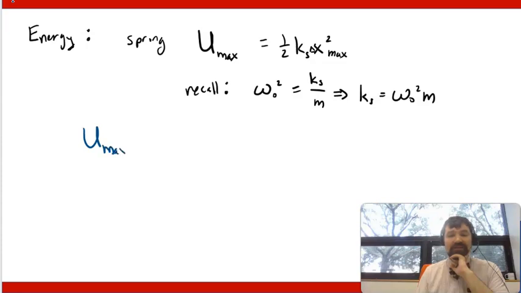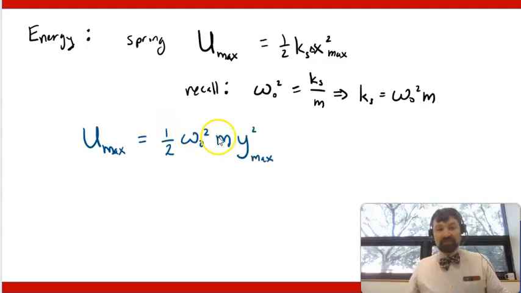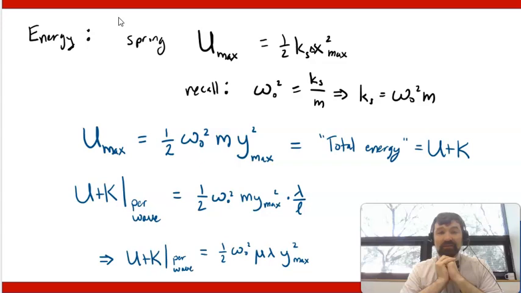And the nice thing about figuring out the maximum potential energy is that at any point on the wave, the wave may be moving or it may momentarily be stationary. You've got kinetic and you've got potential energy. And so this maximum is simply given by the mass of the string times the frequency squared times the maximum displacement. Now usually we do this, as the second thing, in terms of per unit wavelength. And to get that, what we basically do is divide by the length and multiply by one wavelength, which gives us this final